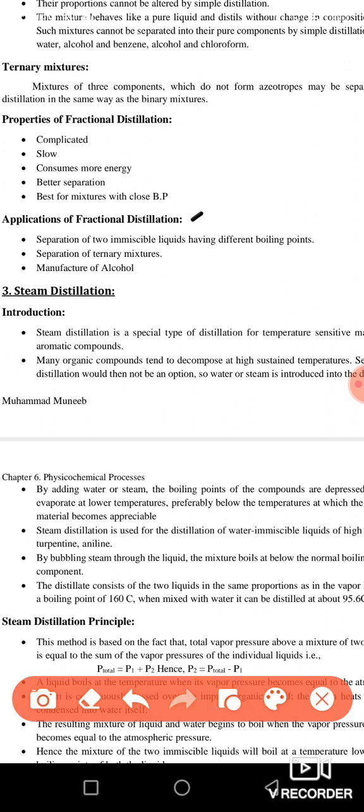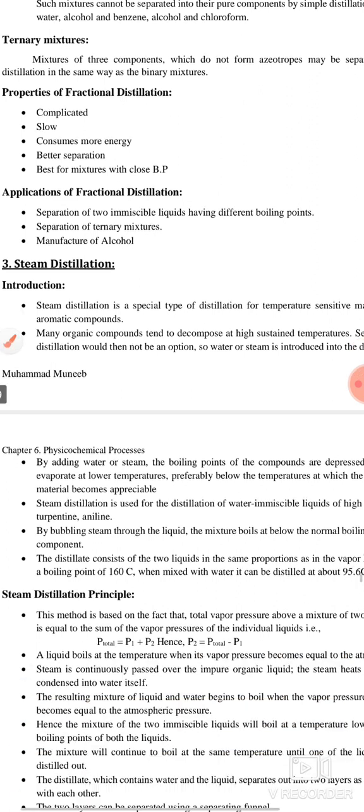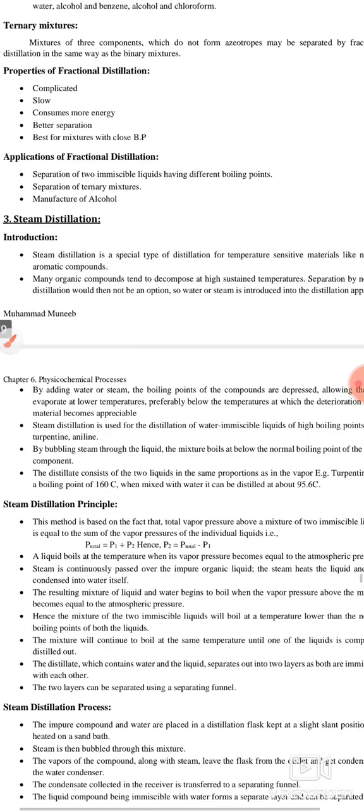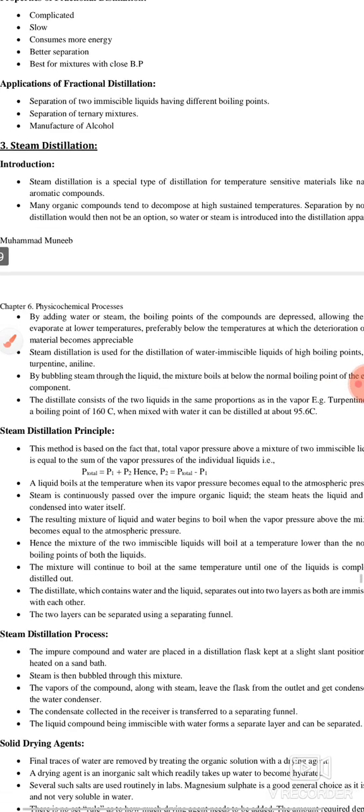Now the application is written here: it is used for the separation of two miscible liquids. That is very important. These liquids should be soluble in each other, and they have different boiling points. It is also used for the manufacturing of alcohol. So we have discussed two types of distillation. Now we are going to discuss the third type of distillation, which is called